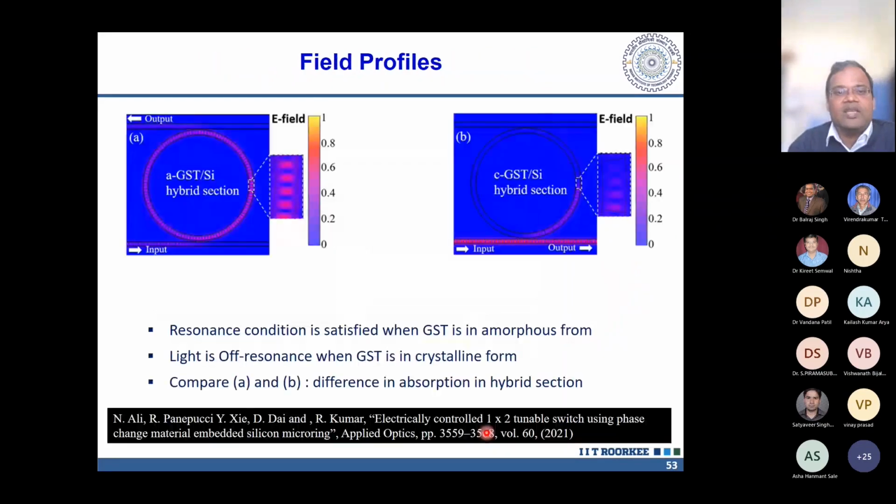If you are looking at the simulated results, you can see here we have amorphous GST. The light is coupling, and it is dropping out here. However, in the case of crystalline GST, the light is coupling, but it gets lost here, and nothing is here. If you look at this port or at this port, in the two cases you will find a transmission difference. Here transmission is low, however this is high, and the reverse is true. Here it is high and there is nothing here. This is all because in the amorphous phase the resonance condition is satisfied, and in the crystalline case it is not satisfied.